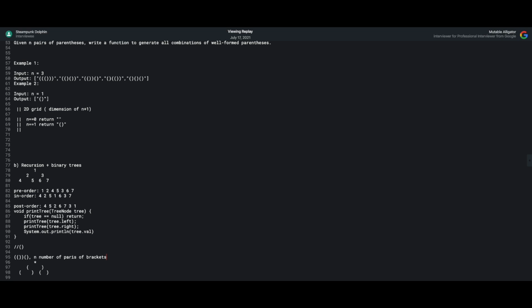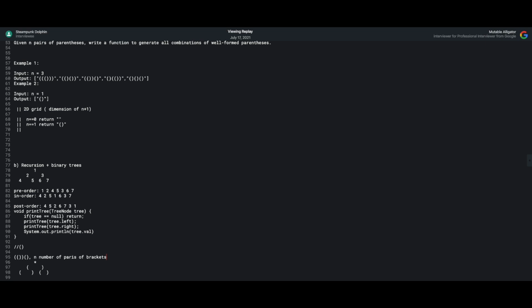The similarity between these two problems is that both of them use a recursive way of traversing, but in the first problem you're traversing a fixed tree that is also given. But here, by traversing you actually